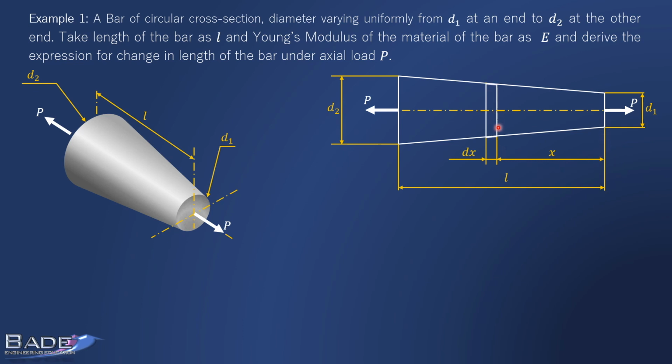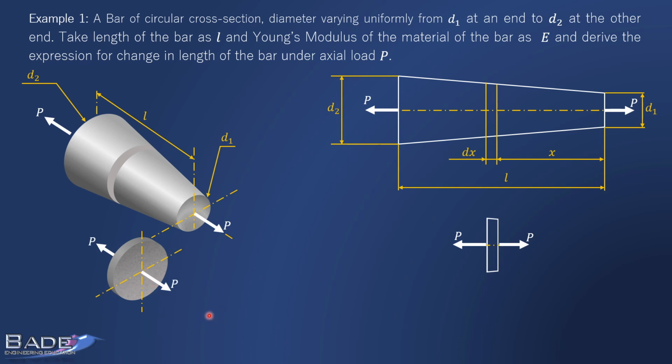Now let's draw the free body diagram of this layer. Watch here. This is how a portion at distance x we have removed. So we can consider this portion as a bar of uniform cross section that has length dx, acted upon by axial force P. Watch here. This is a bar of length dx and acted upon by axial force P. I am showing here in a two-dimensional diagram also. Length is dx. Now here this D1 diameter I have projected here.